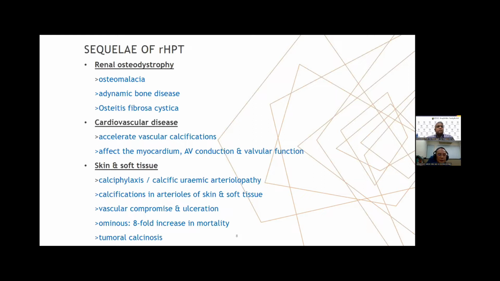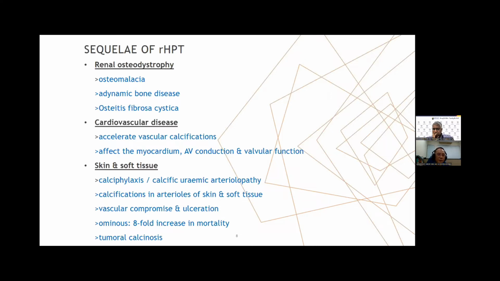Okay, what's the sequelae of renal hyperparathyroidism? So mainly three. Number one, it causes renal osteodystrophy, causes osteomalacia, adynamic bone disease, and osteitis fibrosa cystica. Number two, the major effect is on the cardiovascular system. So it causes cardiovascular disease, it accelerates vascular calcifications, and it affects the myocardium, the AV conduction system, and the